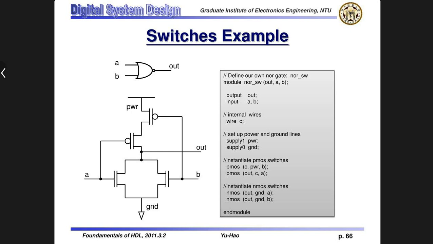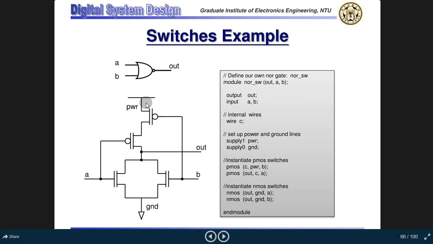Okay, let's begin. As we have discussed here, suppose this is the power source. Now suppose we take the value A as 1 and B as 1. So this 1 will be propagated to this port and this one is propagated to this port. As soon as it is propagated to this point, this CMOS circuit will be in the off state. So the power source will not be propagated through this line, so there will be no connection.